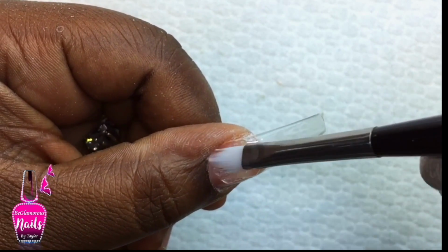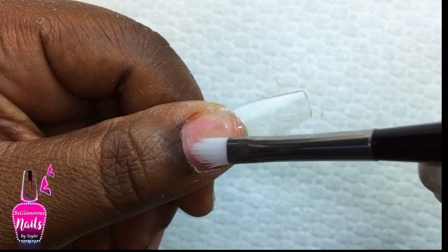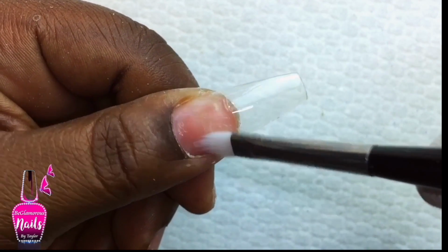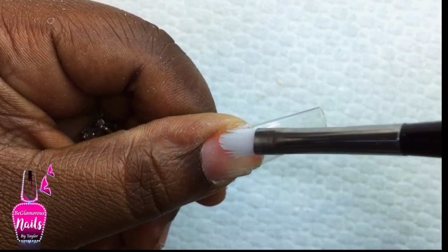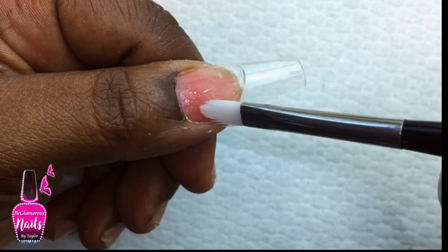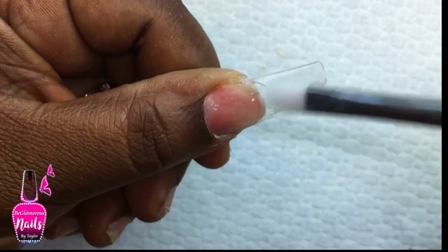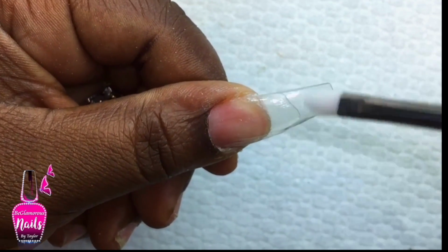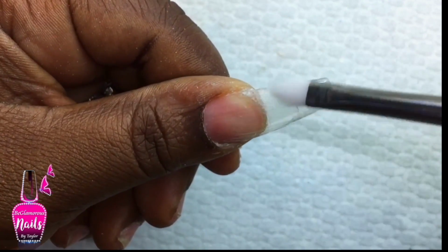all the way from my cuticle area to my free edge. This is going to act as that thin layer to protect my natural nail plates when it's time for me to file off this design and create a new set. Now, after doing this, I am going to put my hand into my lights and give it a full cure for 30 seconds. I'm going to share with you the full thumb in real time because this was actually the